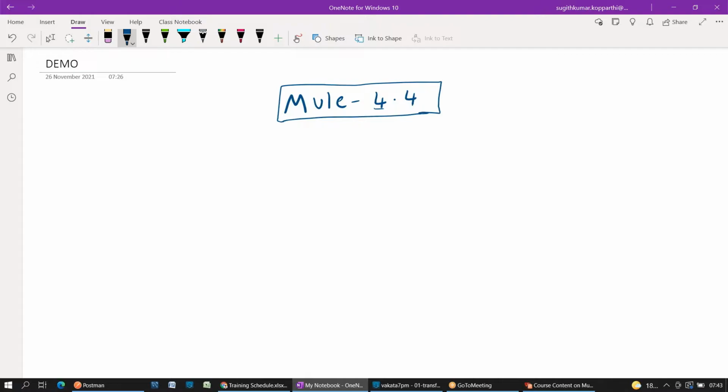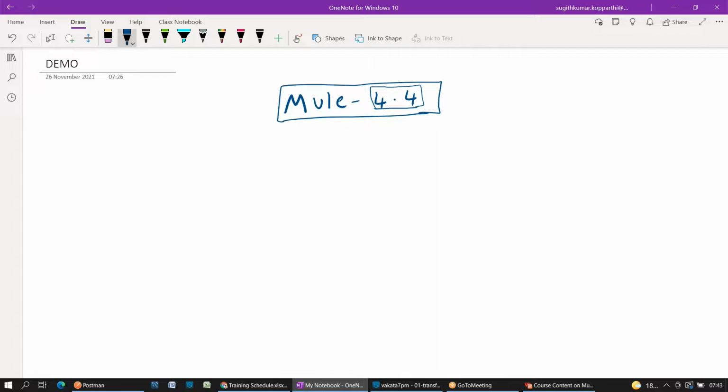Those server versions are 4, 4.1.1, 4.2, 4.2.2, 4.3, 4.4. These are the versions of the Mule runtime. By making enhancements on the existing runtime, they keep updating the versions and release a release note, and you can read what the updates are. So my point is Mule 4.4 is the version of a Mule runtime.